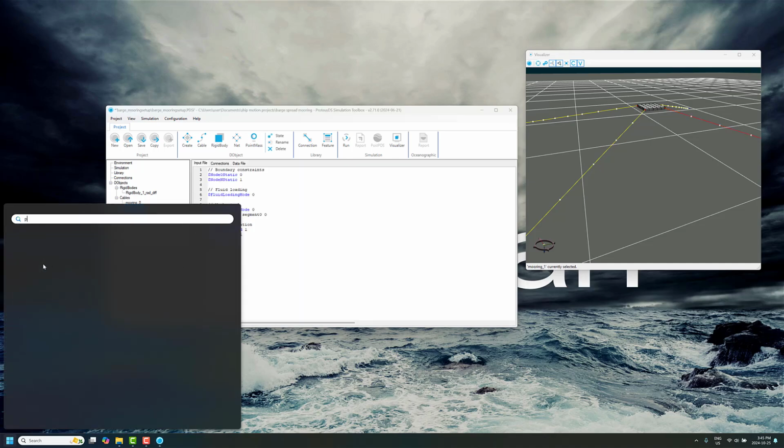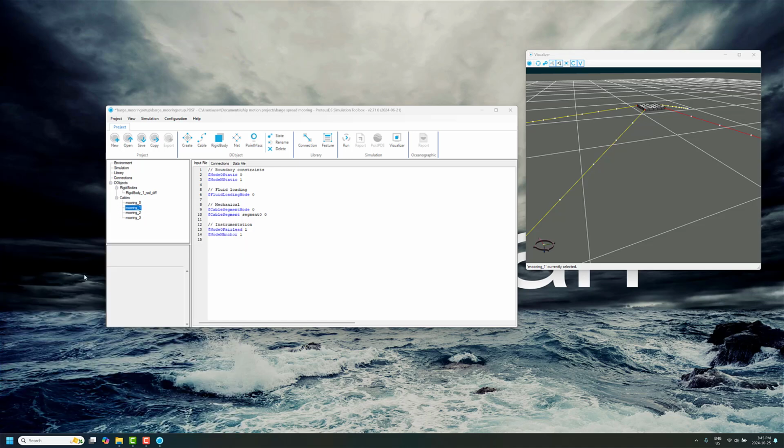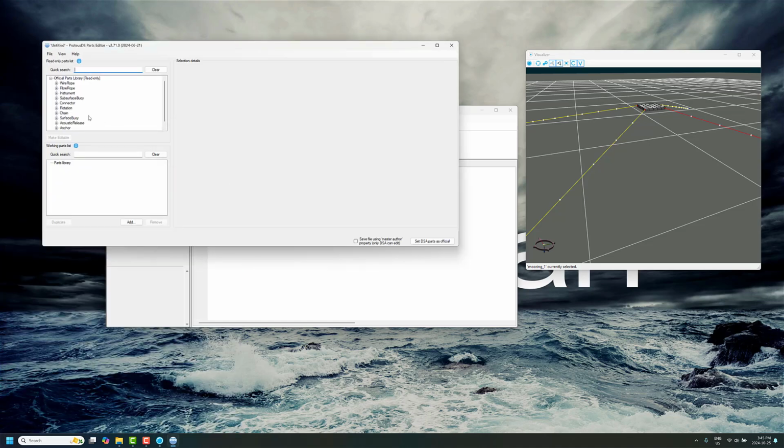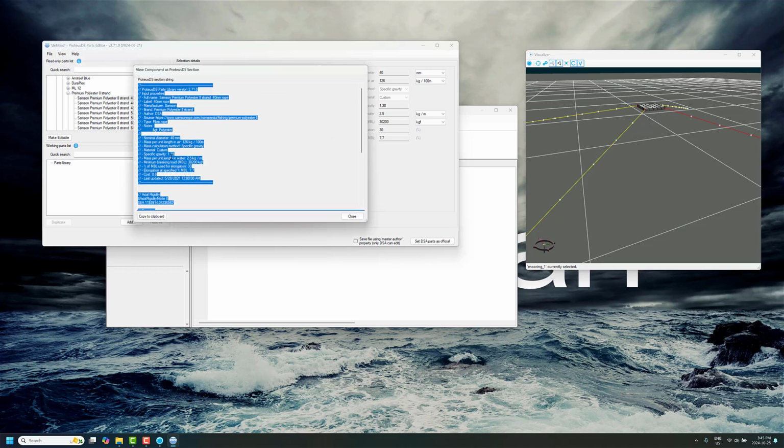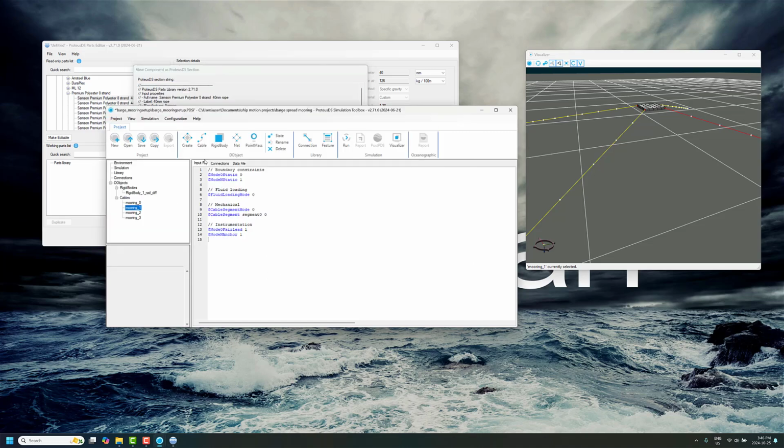We go to the ProteusDS parts editor, and I'm just going to pick something really simple here. We'll pick some premium polyester, Samson. So you click on that in here. Of course, you can search and find different things in the parts editor. What you want to do is go view selected part in ProteusDS input format, copy to clipboard, and we'll go here